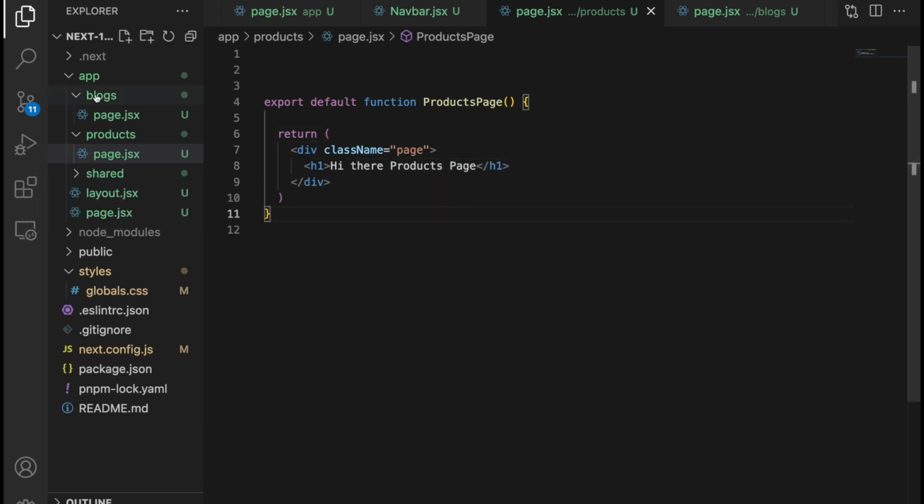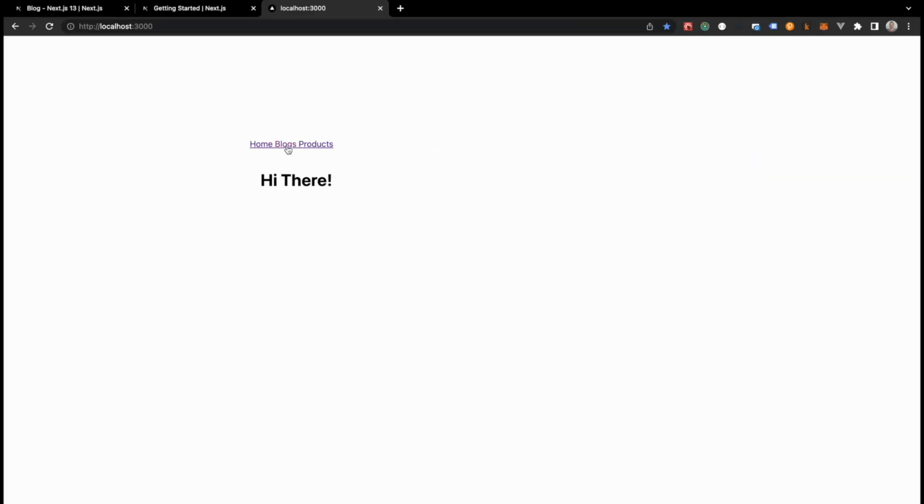Okay. So we have a blocks folder, a products folder, and inside we have a page.jsx, which will generate the paths localhost:3000/blocks and localhost:3000/products, where when we access these paths, the page will be rendered. Okay, so now when I go back to the browser, I can click on the products link, and this will lead me to localhost:3000/products, hi there, blocks page. I will click on the products and hi there, products page. So blocks page, products page, and you can notice how the URL is changing. So this is the way how you create multiple routes. Remember always to provide